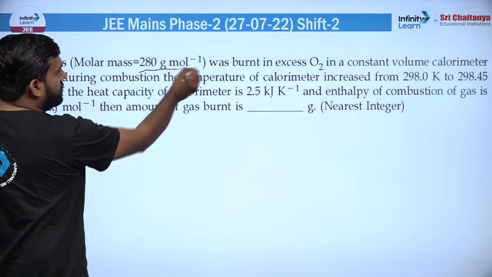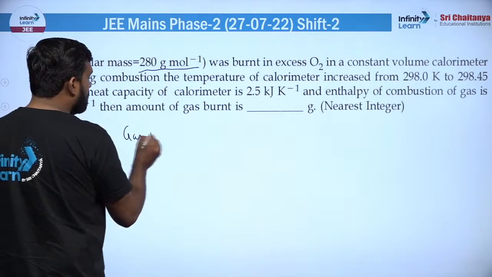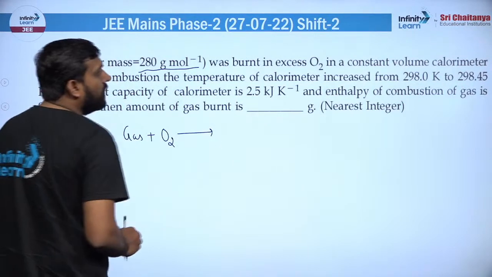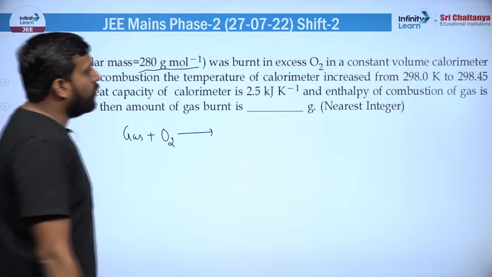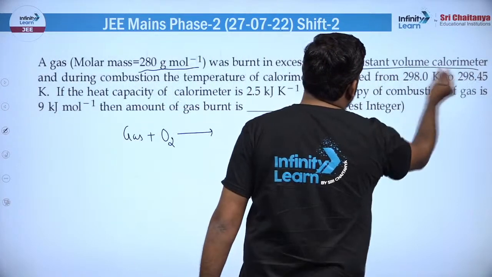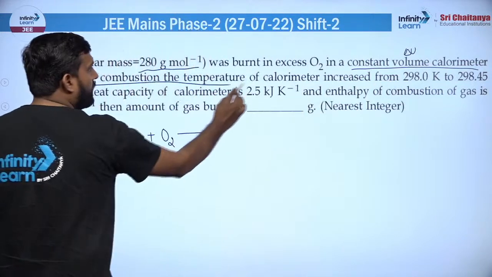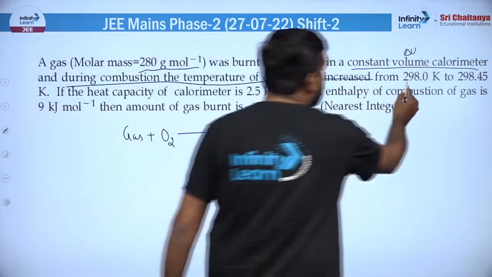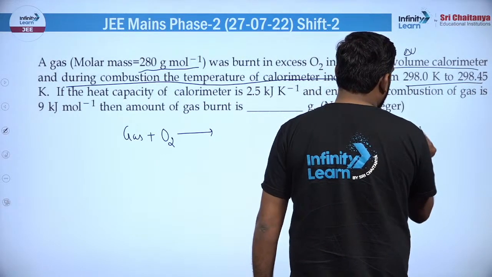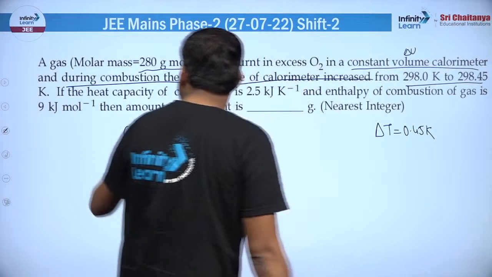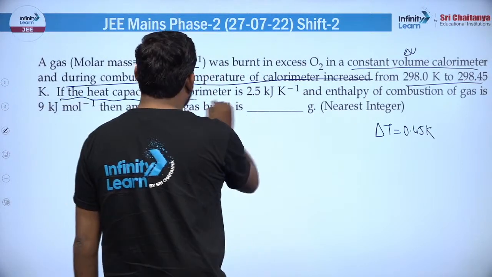अ गैस जिसका मोलर मास इतना है, वॉज बर्नड इन एक्सेस। ठीक है, तो हम यहां पर क्या कर रहे हैं, गैस है, इसको हम बर्न करा रहे हैं एक्सेस ऑफ O2 में, इन अ कांस्टेंट वॉल्यूम कैलोरीमीटर। कांस्टेंट वॉल्यूम है कैलोरीमीटर, तो डेल्टा U देगा हमें ये। एंड ड्यूरिंग कंबशन द टेम्परेचर ऑफ द कैलोरीमीटर इज इंक्रीज्ड फ्रॉम दिस टू दिस, यानी डेल्टा T भी क्वेश्चन में गिवन है, दैट इज 0.545 केल्विन।